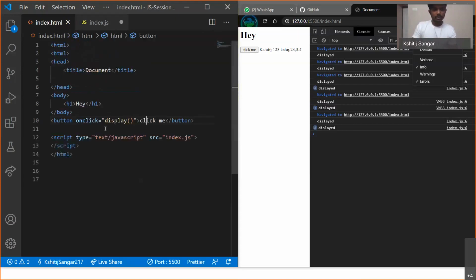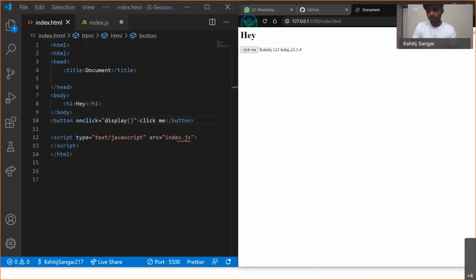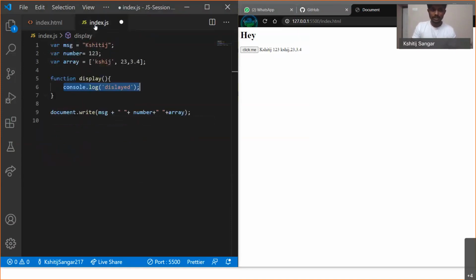And what we did is, onto the HTML part, I'll just remove this part again. Okay, so you can see this click button. In this HTML, we just added one button, gave it the name click, and we added the functionality that if we click onto this button, it should call this display function in the JavaScript. So that's how it works.